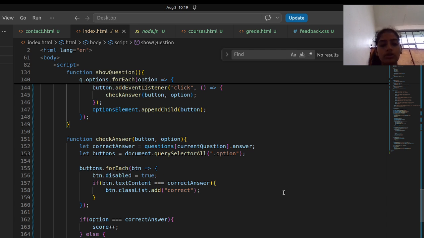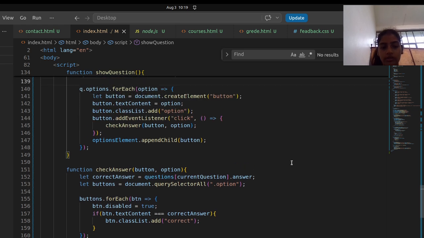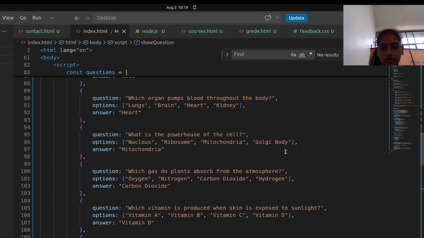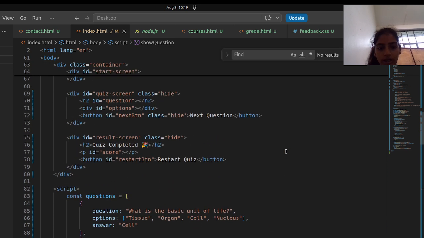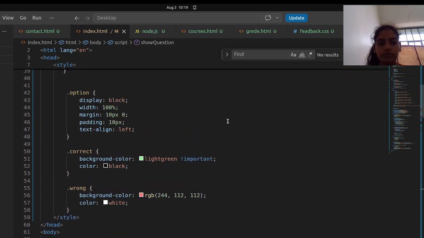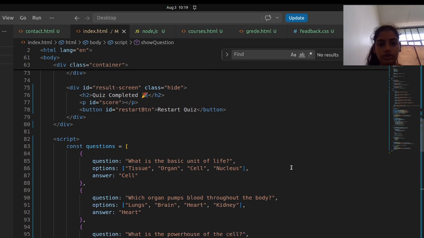So my next question is: how do I declare and update a variable to keep track of a score? Here, to keep track of the user's score, I used a variable. A variable stores data that can change while the program is running. At the beginning of the quiz, I declared the score variable and initialized it to 0. Let score = 0.